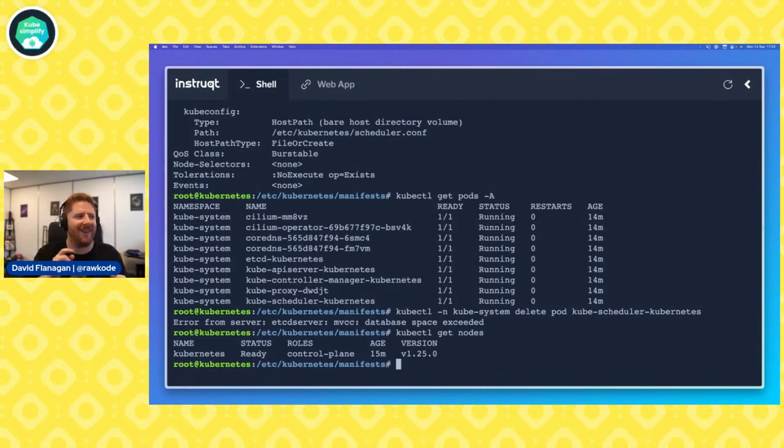No. Nodes are always ready as long as there is a working CNI within the cluster, there's networking between the nodes, and the kubelet is reporting. That is all that it means to be ready in a Kubernetes context. You don't actually need anything else. Plus, if you lose your API server, the kubelet can't even update or report back that your node isn't ready. So you end up in this weird situation where you're not able to get enough information across to even update the API server.